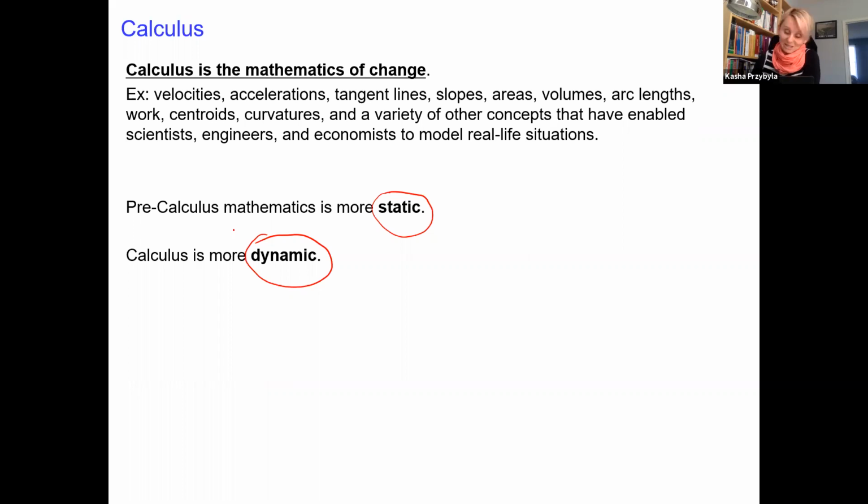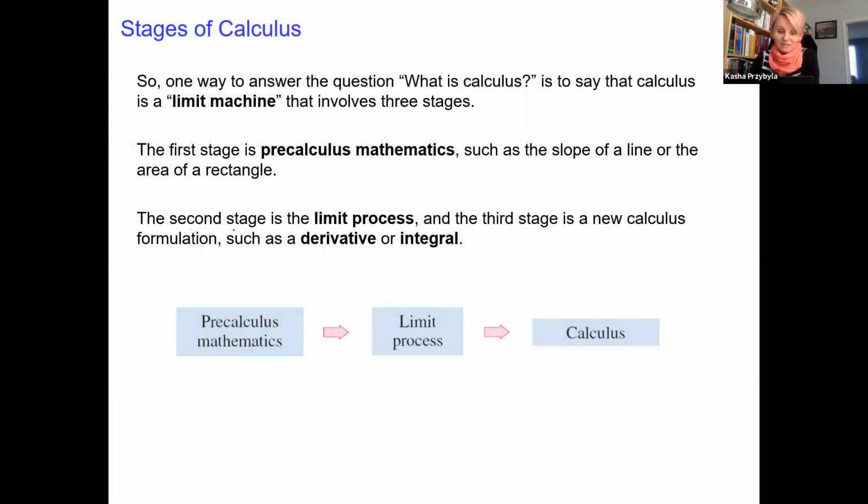Okay, and we will see how we create everything. In the next slide, let's see how we can get to calculus through algebra, pre-calculus, and then I will introduce the limit process, okay, and then